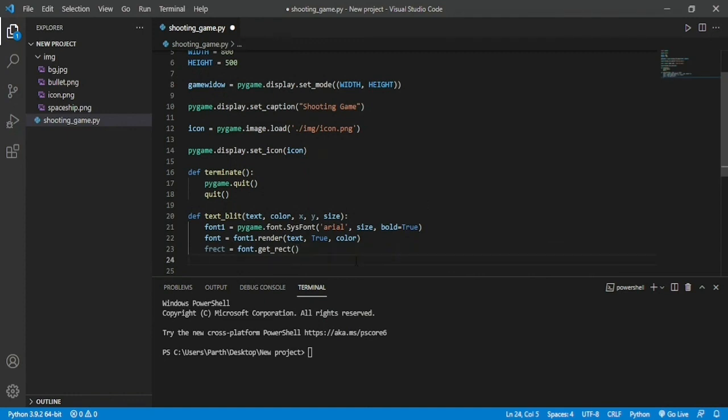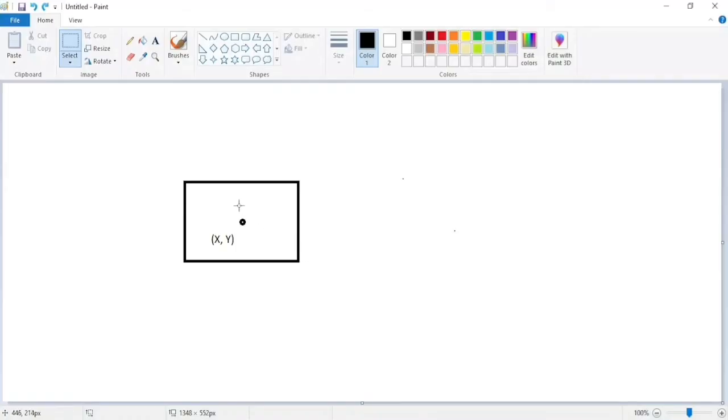Now we are going to use the center point of this rectangle as the x and y coordinate of our text. So let me show you. Let me open my paintbrush. This is the rectangle that we are talking about. With the help of get_rect, we have made this rectangle, and this center point of this rectangle is going to be our x and y coordinate.